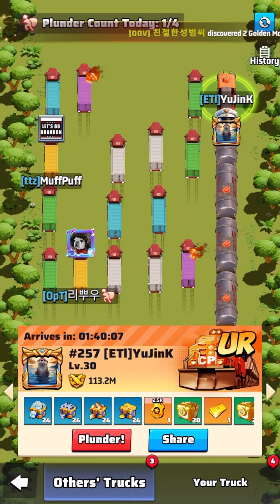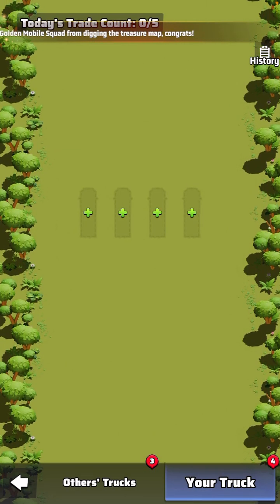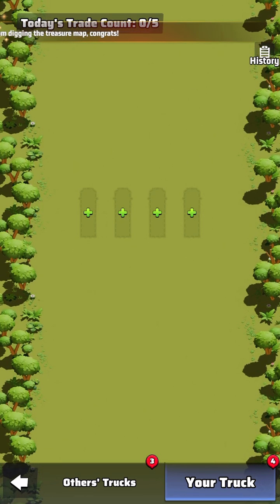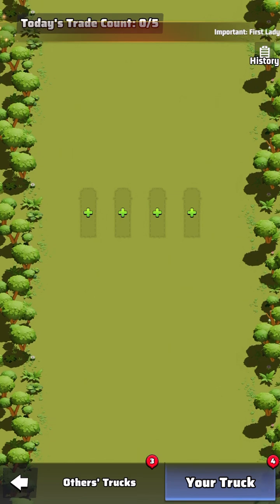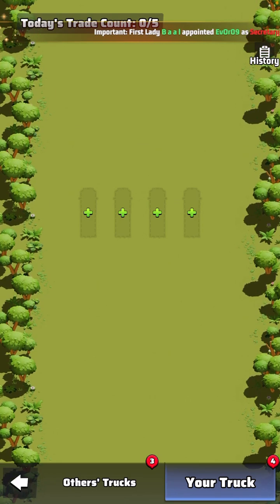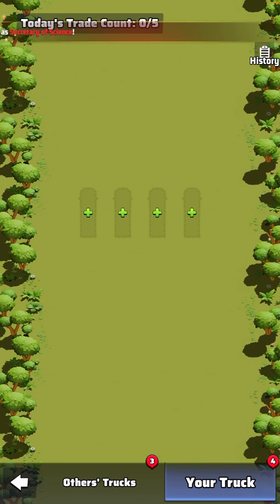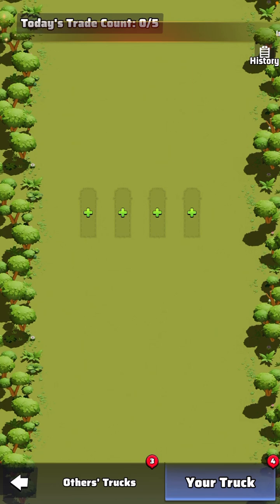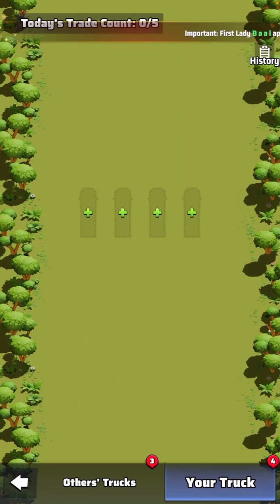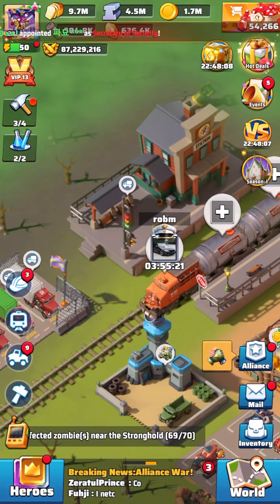So again, you get 4 tries a day. And of course, don't forget to dispatch your own trucks. You get 4 trucks that you can put out. Depending on how many squads that you have unlocked, most people probably have 3 if you don't have the monthly subscription. You can just send out 3 right now, and then once they arrive, you can send out the 4th one later. And I've done videos on how to dispatch trucks, but this one was mainly about how to rob trucks